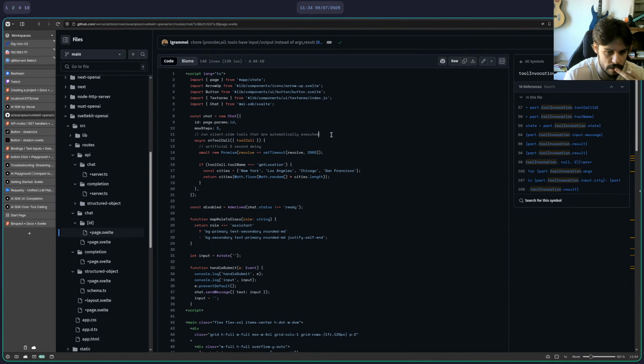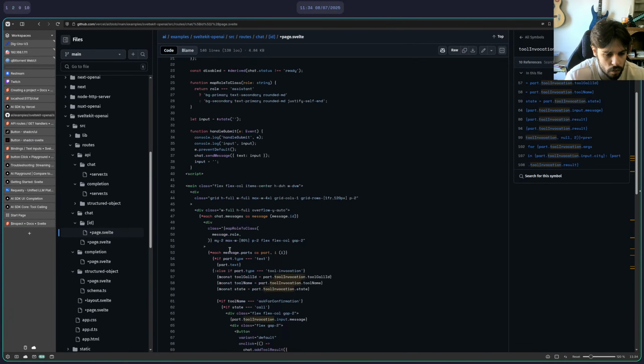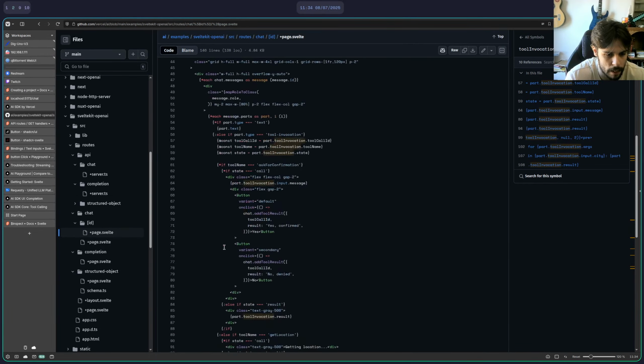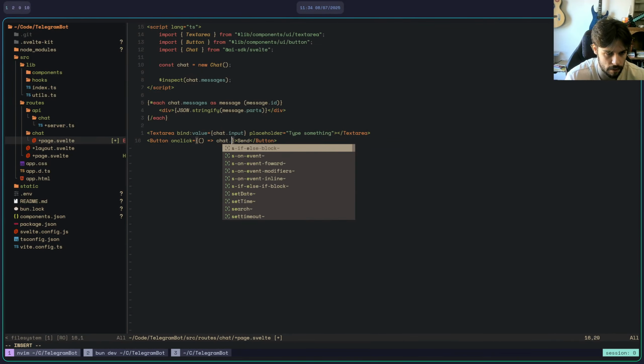Run client-side tools that are automatically executed. Okay, that's fine, but I think it should. Send message. Maybe that's what I need. One click. That does send.